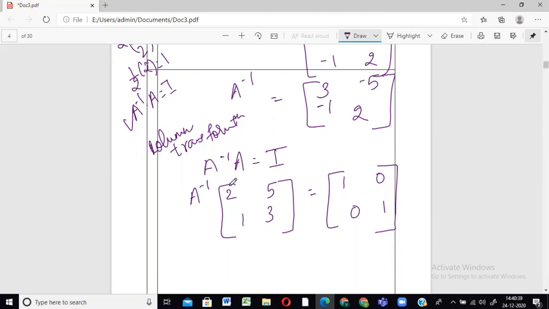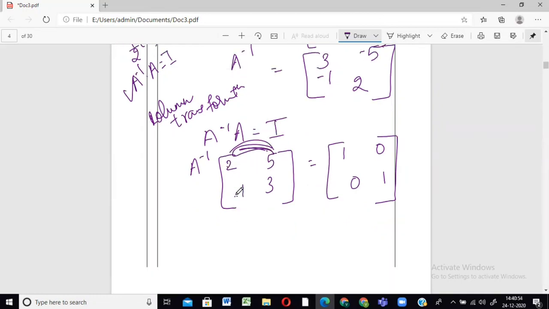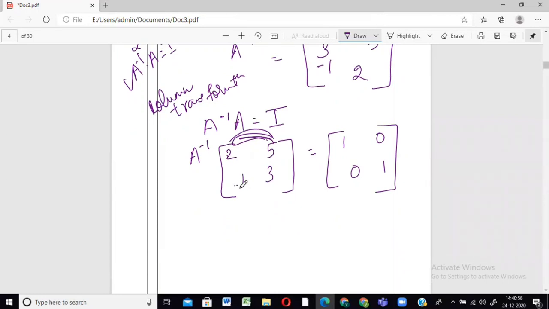But right now, what do we have to do? We have to follow the same procedure. इसको 1 बनाना है. अभी जो transformation होगा, वो rows के बीच में नहीं होगा. In fact, वो ये दोनों columns के बीच में होगा. Okay. So 2 को with the help of 5, I can make it 1, right? So what I'll do? I'll do one thing. I'll divide that 2 by 2 so that I get the final answer as this. Okay, so I divide column transformation, first column को divided by